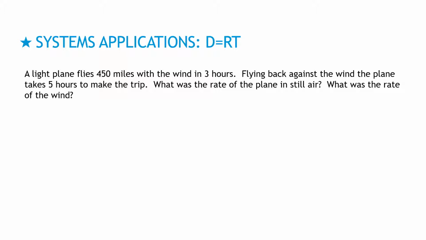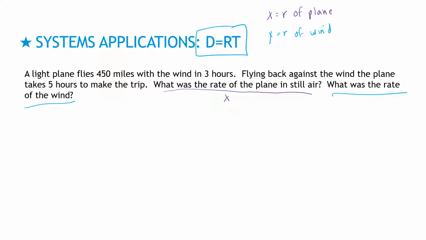Again, the final question says, what's the rate of the plane in still air? So I'm going to call that x. x is rate of plane. And what was the rate of the wind? So y equals rate of wind. Those are the two things I'm trying to solve for, so those are my two variables. We're still using d equals rt, distance equals rate times time. My first one,